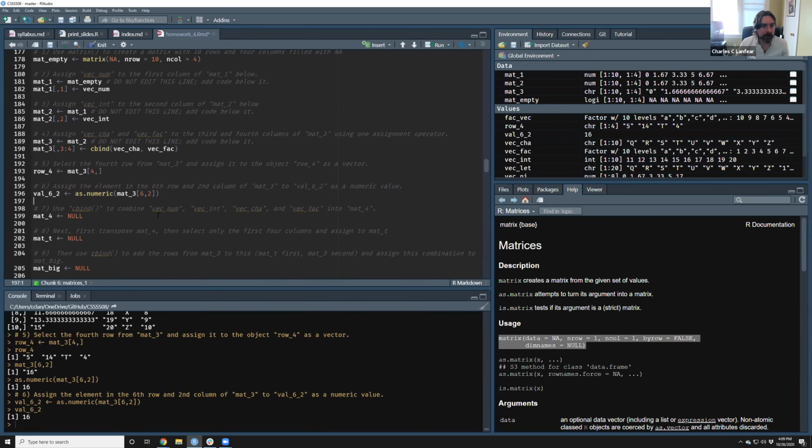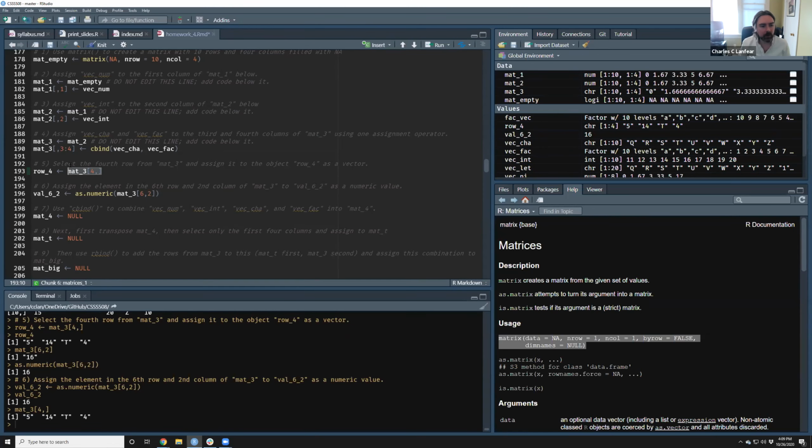Okay. The next one: why didn't we use as.factor for this row 4 mat34? So there's no reason to. mat34 here pops out as this nice character vector. We don't have any reason we want to turn it into a factor. I usually would recommend only making things into a factor if you've got a good reason to. If you don't know whether something should be a factor or not, it probably shouldn't be a factor. We'll specifically work with factors a little bit this week.